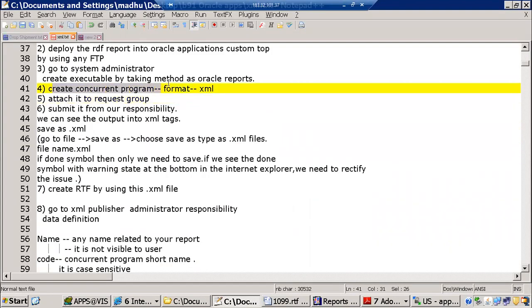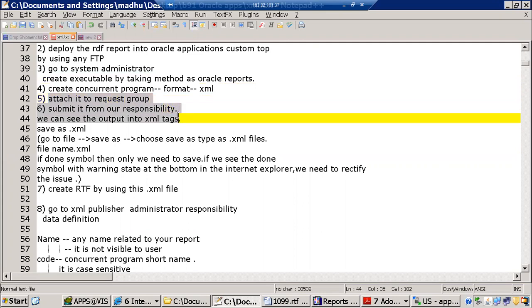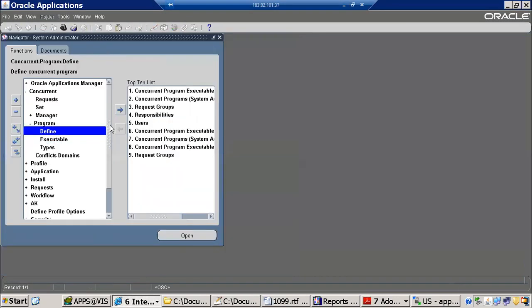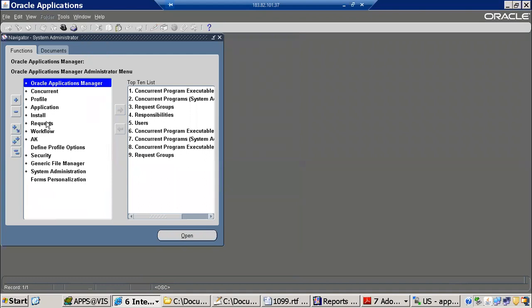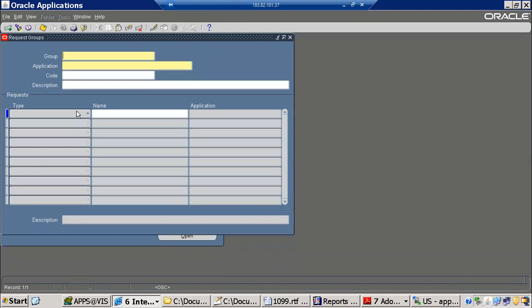So create a concurrent program. Format type is XML. That is over. Now next is attach to request group. Submit from responsibility. We can see the XML tags. We'll see single shot. Take this. Security, responsibility, request. Request group name is